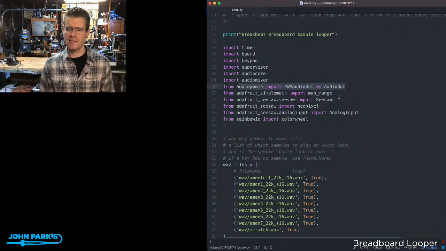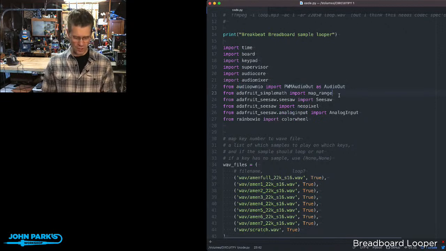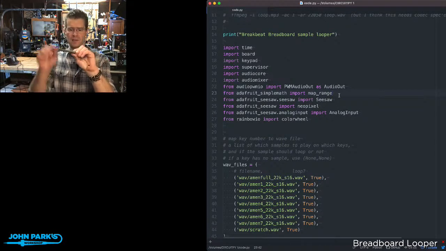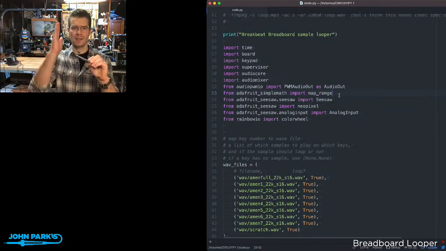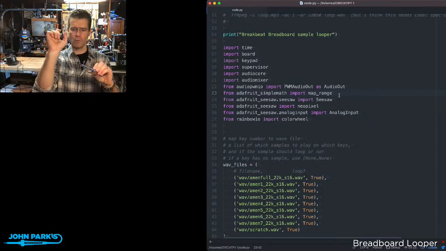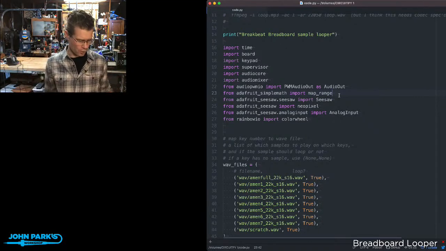And then I'm bringing in simple math, map range, and that's what allows me to map the values 0 to 1023 that come off of this slide potentiometer to 0.1 to 1.1, which is the range that we can use to adjust the volume of one of the mixer channels or voices.